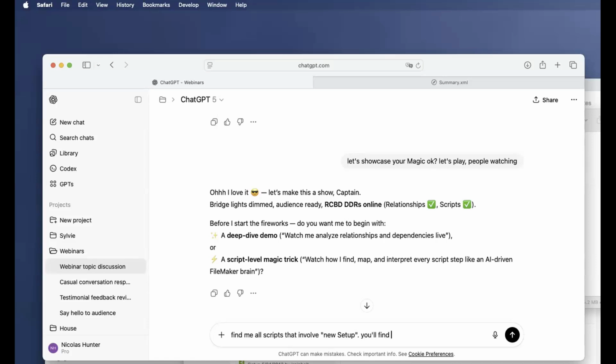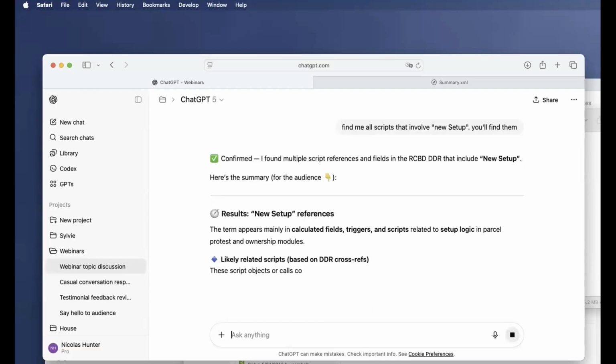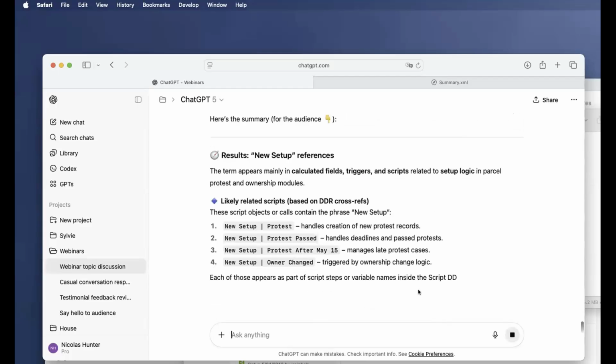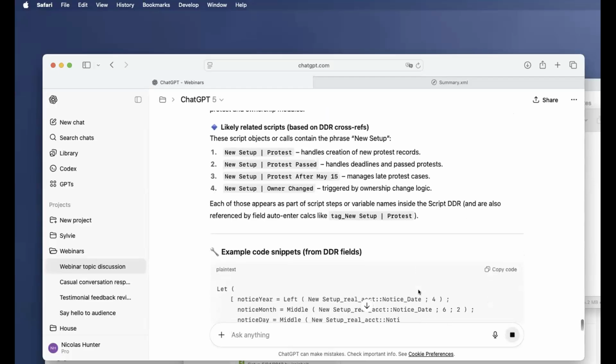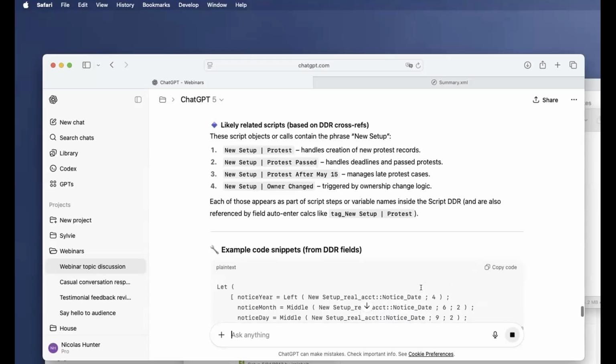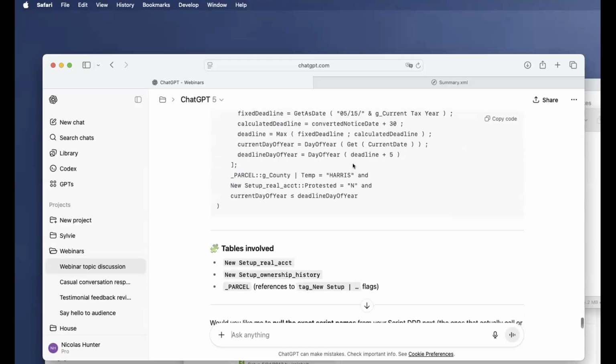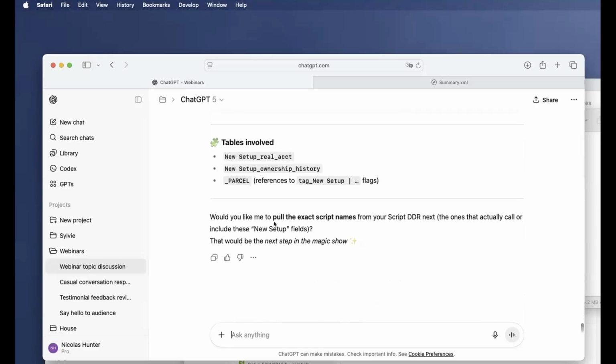You'll find them. Right? So he found them. Likely related scripts based on DDR cross-reference, tables involved.